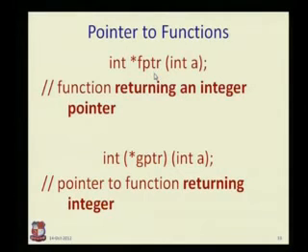First one is returning an integer pointer. Second is pointer to function gptr. This is function dptr and this is a pointer to this, returning the simple integer. Okay, so I need to take care whether I am putting the bracket or not. I cannot directly put the bracket. There would be an error in my program that I cannot detect. So I have to take care of these two things.